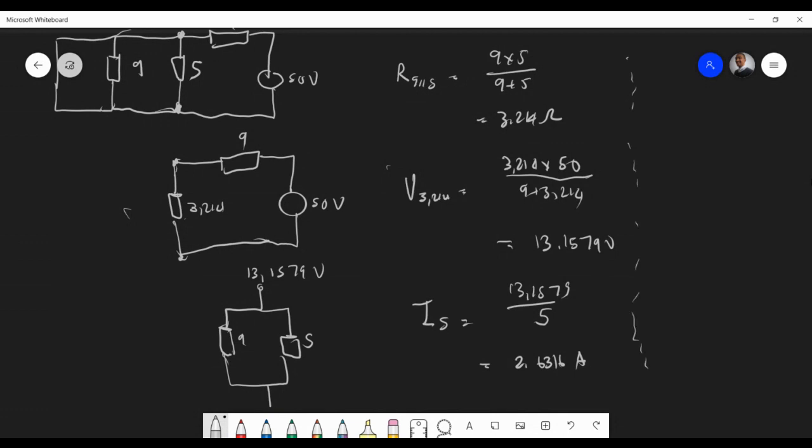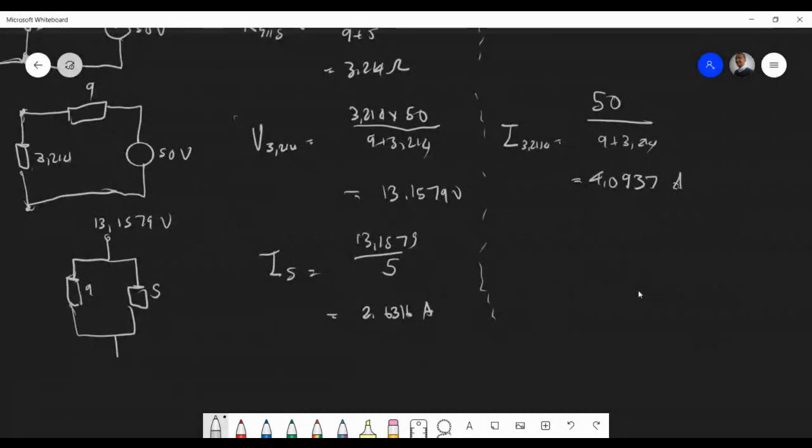I mean, like I said, in this case, maybe instead of using voltage division, we're going to find the current, the total current going through there. So the current going through 3.214, which is all the same current basically. So it's going to be 50, and you're going to say 9 plus 3.214. So this is the total current going through the series circuit: 4.0937